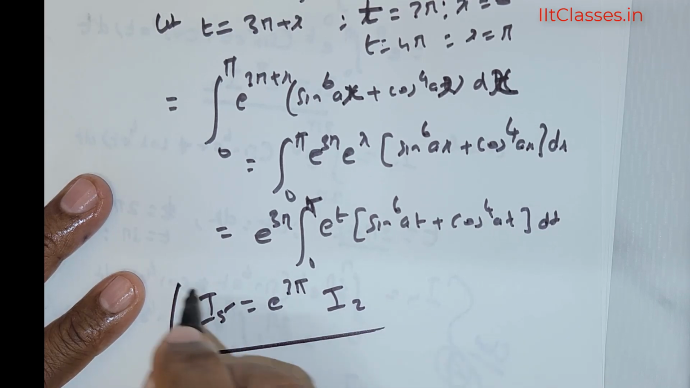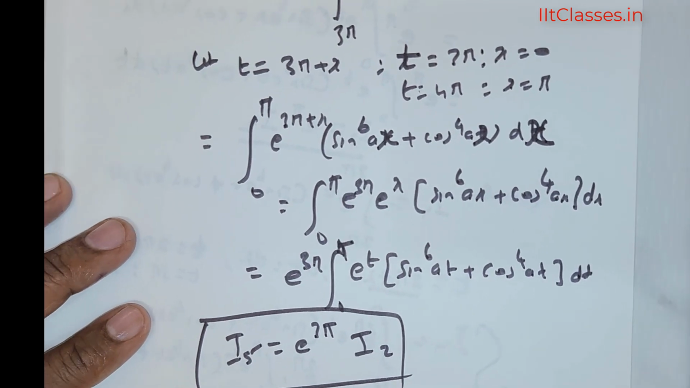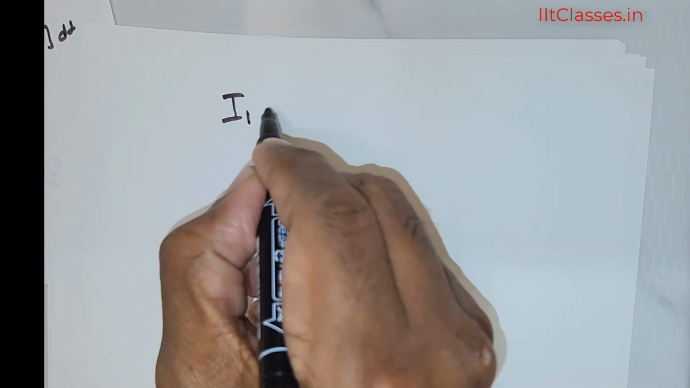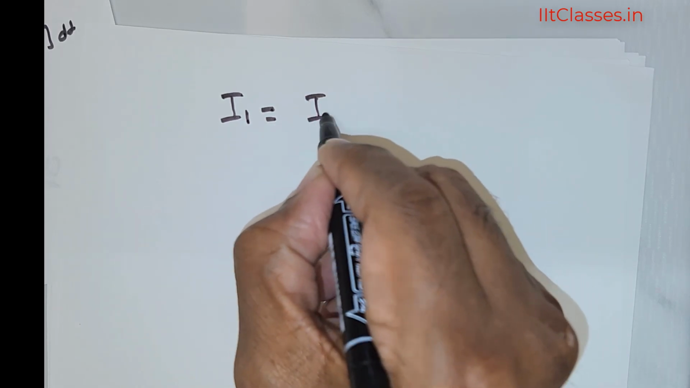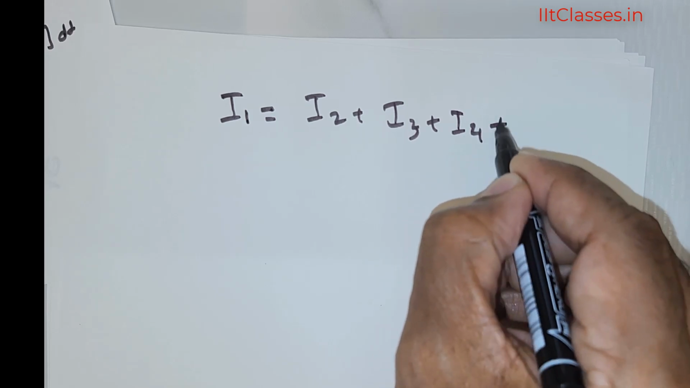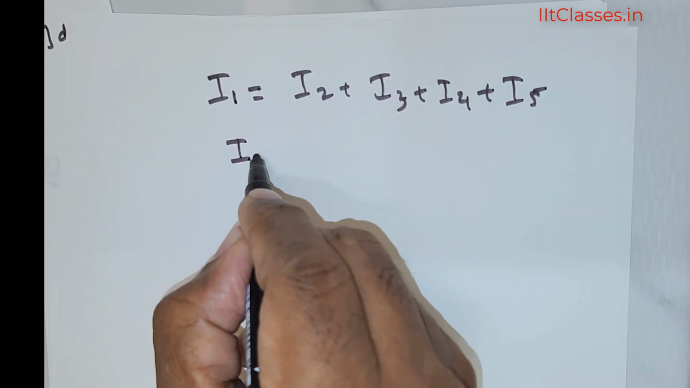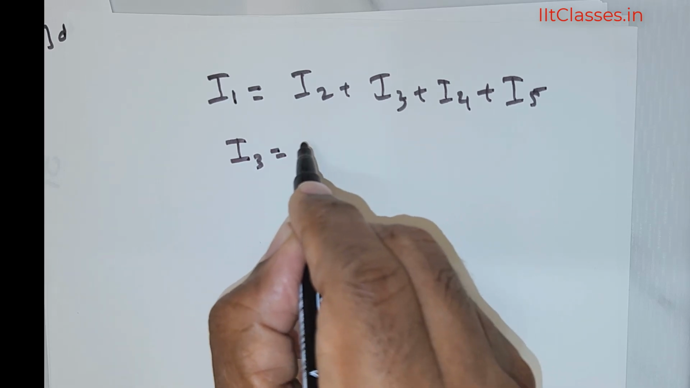On the left you have I₅. So this is how we rewrite the integrals. So let's proceed. If you remember, we started off like this: I₁ is equal to I₂ + I₃ + I₄ + I₅, and we add a relationship like this: